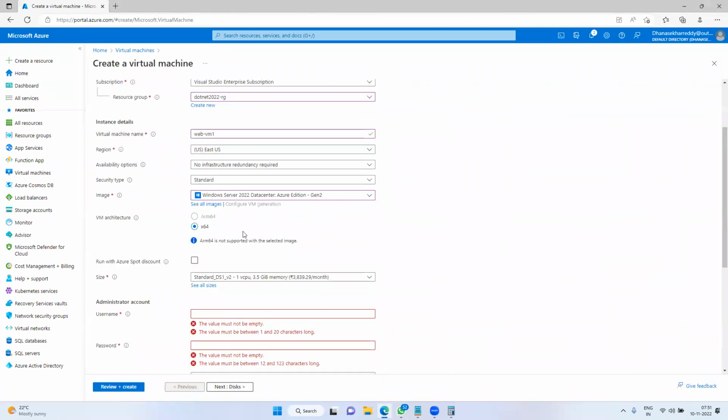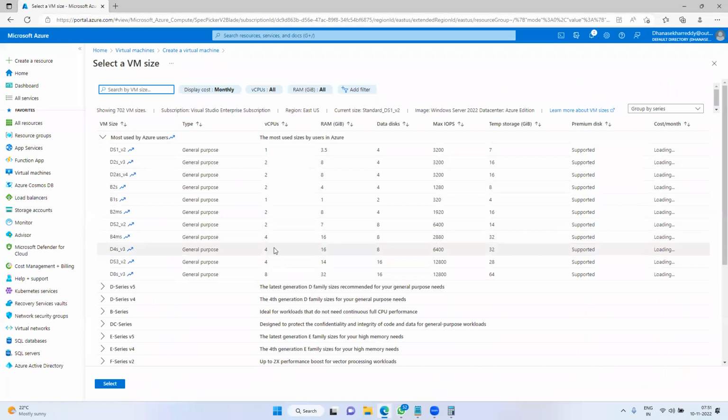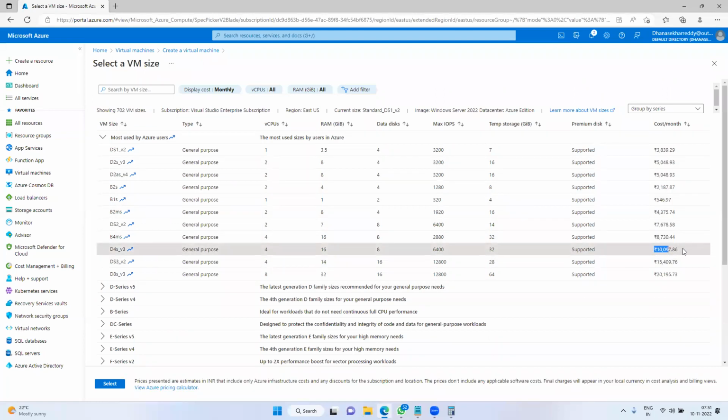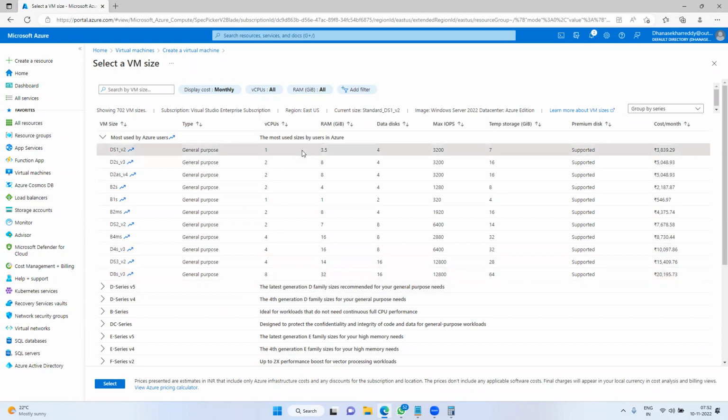At this moment, I am using only one CPU, 3.5 GB memory. If you would like to go for more, 4 to 16, the cost is 10,000. 8 to 32, 20,000. If you go for this configuration, our cost is around 100 rupees. So I am choosing the initial basic version, one CPU, 3.5 GB memory. For our cost would be 15 rupees.